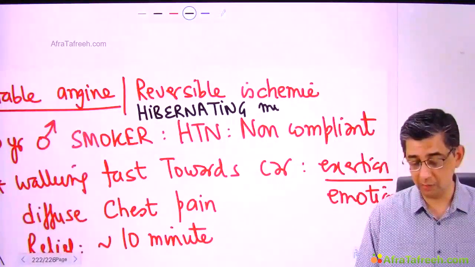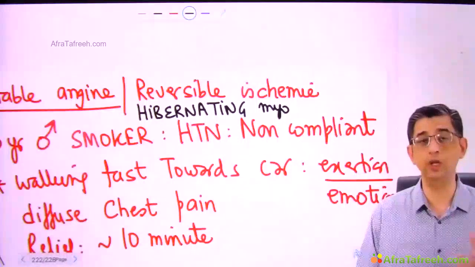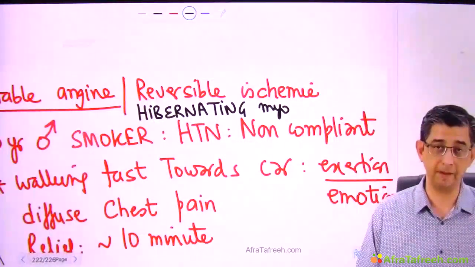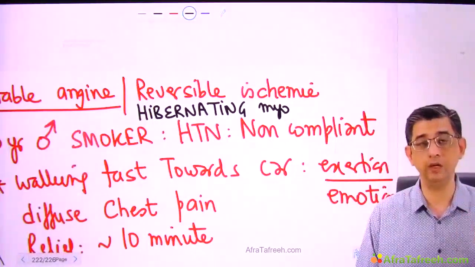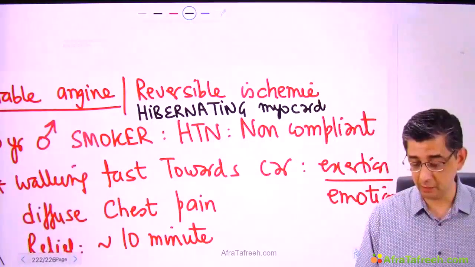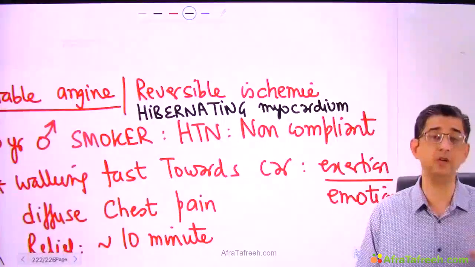You all have been biology students, so you very well know that a polar bear hibernates in the winter season. Why? Because the availability of food is less. Therefore, the polar bear will try to cut down on energy expenditure. So when I say the heart is not getting a sufficient amount of oxygen, it is also exhibiting less contractility.